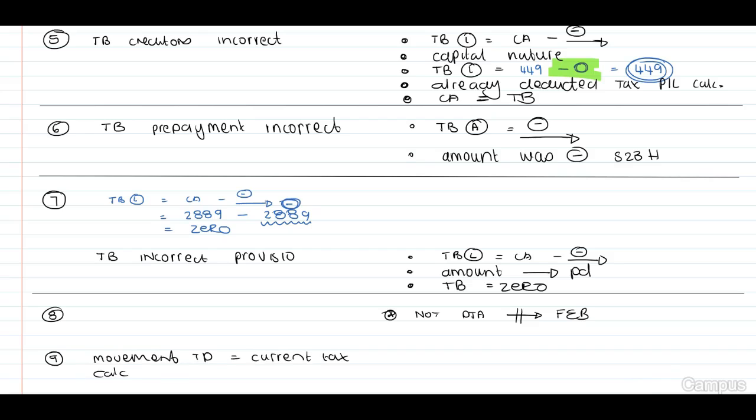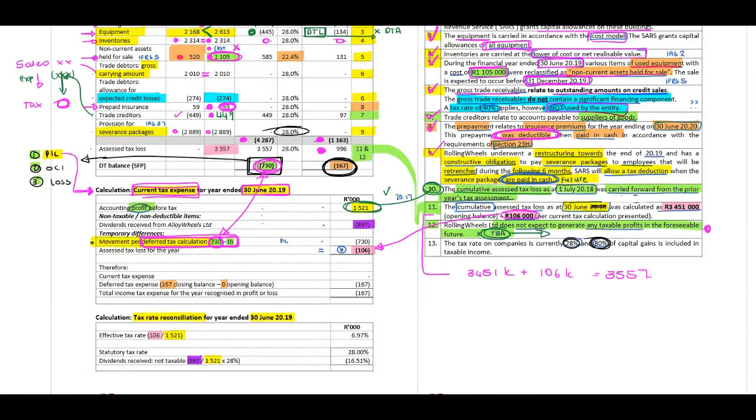calculation is incorrect. Okay, so why? Because that movement should only relate to my profit and loss. This should not include my OCI. This should not include my losses. Right, we've covered our deferred tax calculation, our current tax expense calculation, and now let's have a look at our